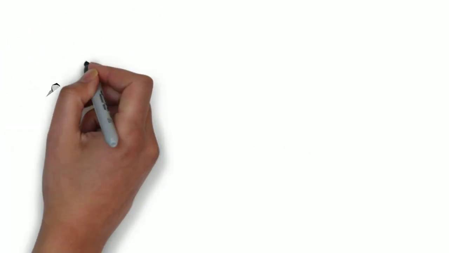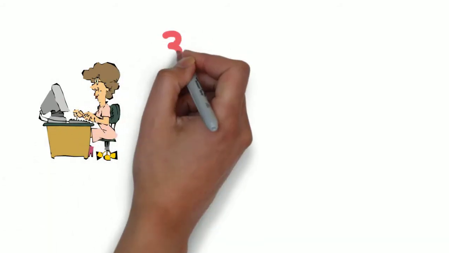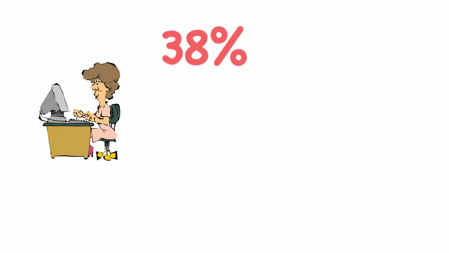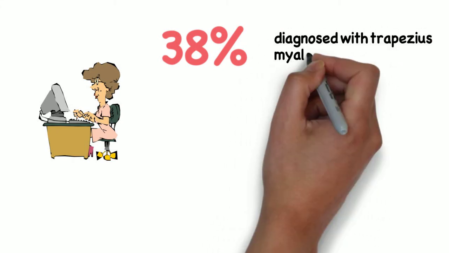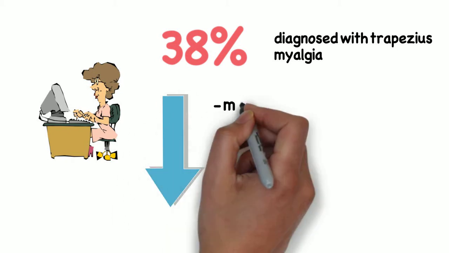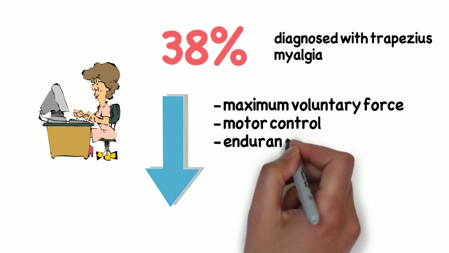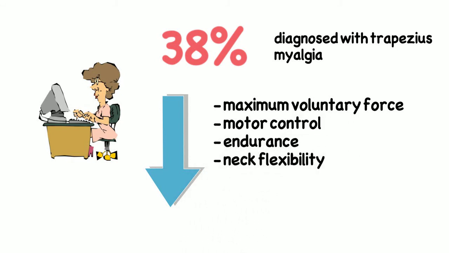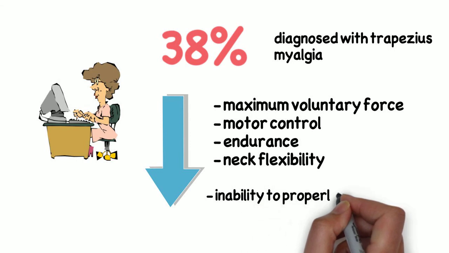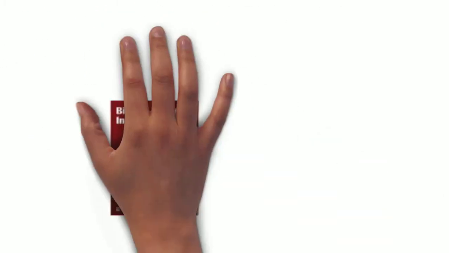If you see people with neck and shoulder pain, this next study is for you. In a previous study of elderly female computer workers with neck and shoulder pain, they found 38% were clinically diagnosed with trapezius myalgia. Now, trapezius myalgia can usually present with some of the following: a reduction in maximum voluntary force, motor control, endurance, and neck flexibility. They also present with inability to properly relax the muscle between repeated contractions, which leads to fatigue. This new study